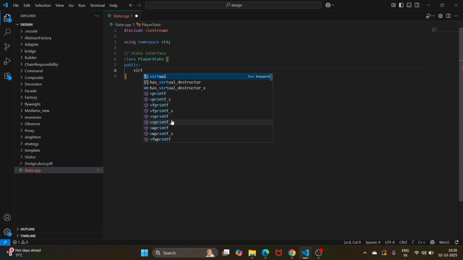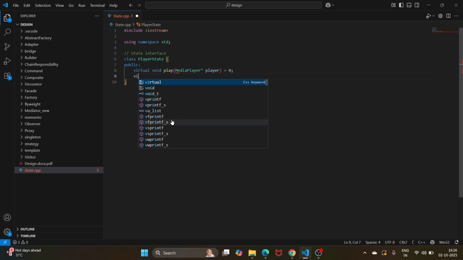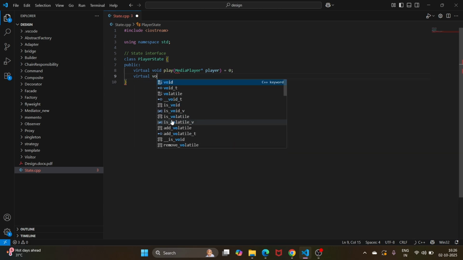So virtual void play, it will be taking a MediaPlayer class that will be implementing it as a context basically, which will save the current state of the player. So MediaPlayer pointer player, and in the same way